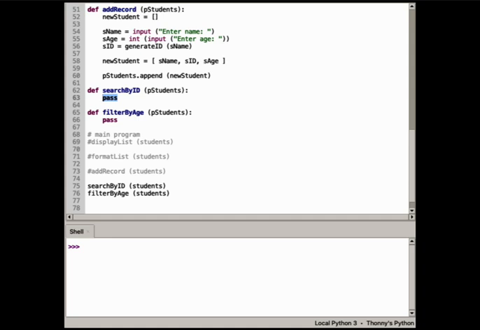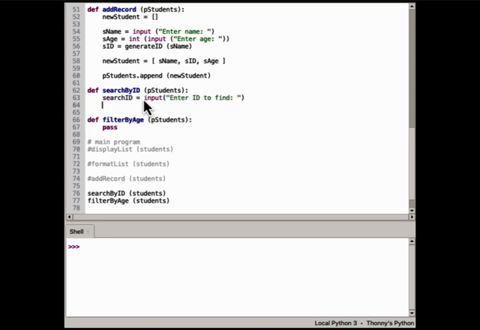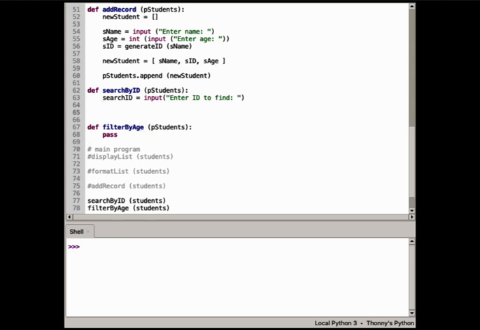And what we need to do first of all is ask the user for an ID to find. So that's quite straightforward to do. We've met that before. So that's just a straightforward input and storing it in a new variable that I've called search ID. What I'm now going to do is iterate through the students list, and here remember I've used it as a parameter. So the first thing I'm going to do here is just pop in my iteration,